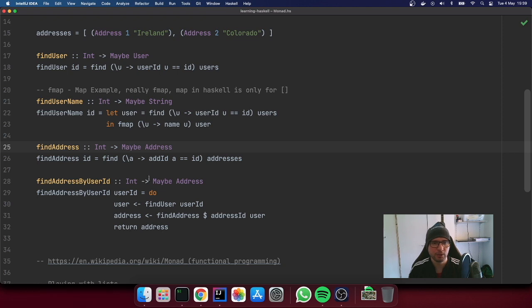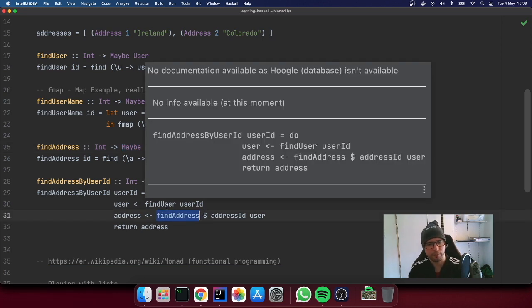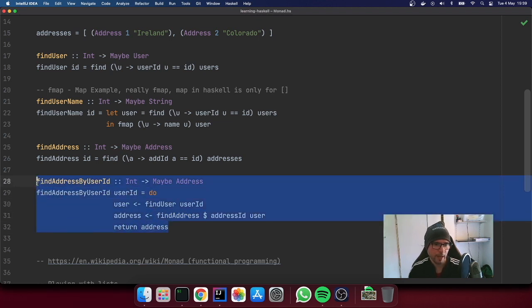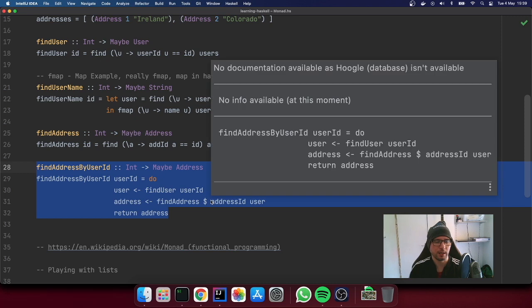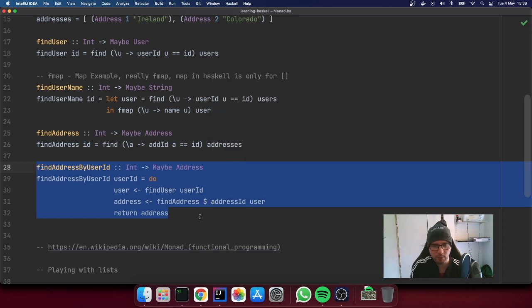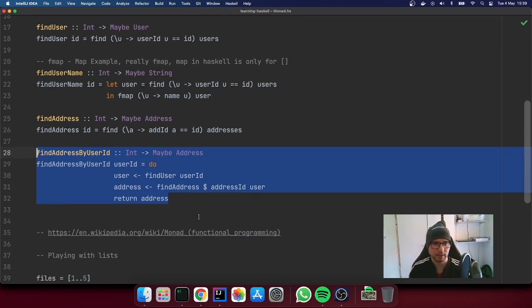So if I have a function that can translate from user to address, I can concatenate those two instances of the monads together by just passing a function, find address, that is able to take a user ID and transform it into an address. And this is basically three lines of code for dealing with the very complex thing that is check one table, then check the other table, and then if there is, return the result.